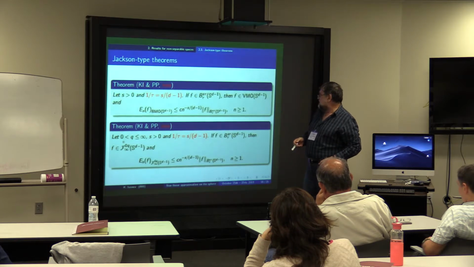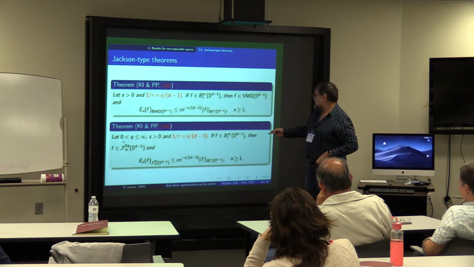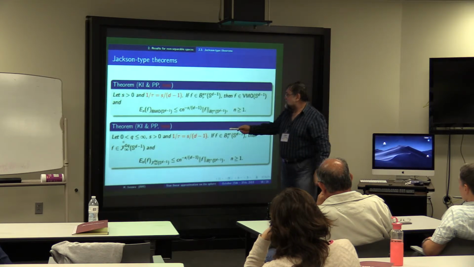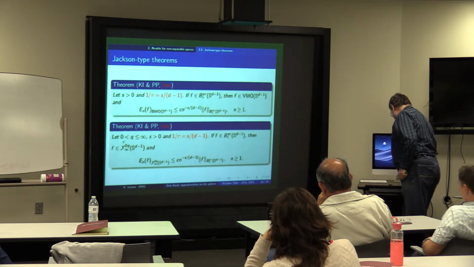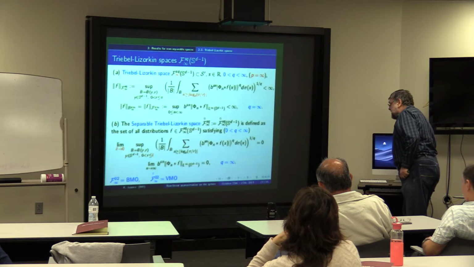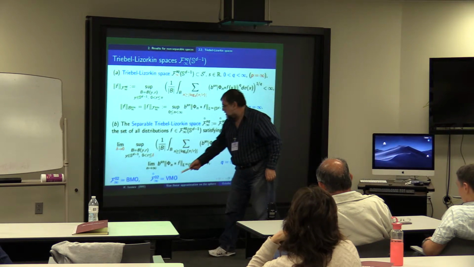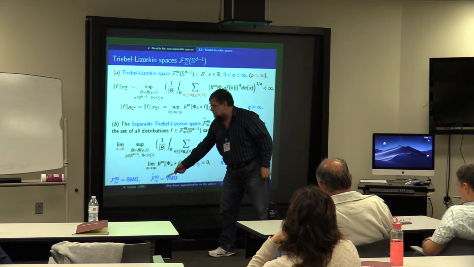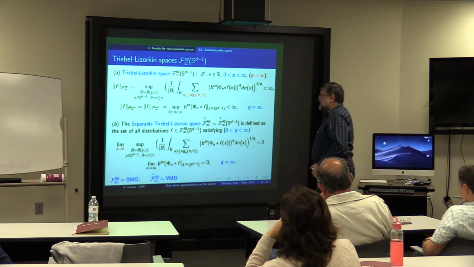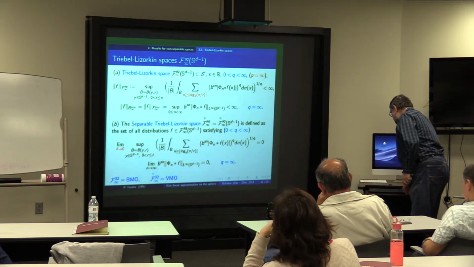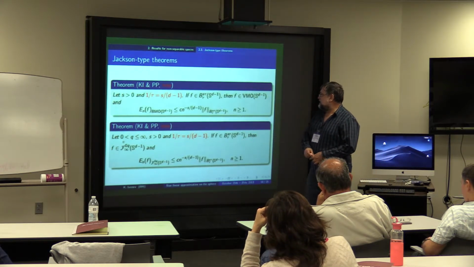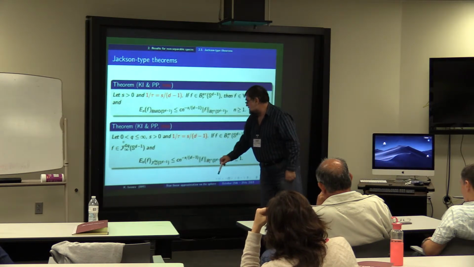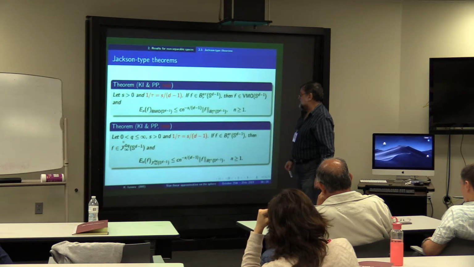And similarly, let me see, not only for BMO, but for all triple Kozlowski spaces. Here we go. We have 0, 2. So the other q equal to 2 in the next slide. Okay. We have taken this one. So this is the generalization, in this sense, of the previous theorem.